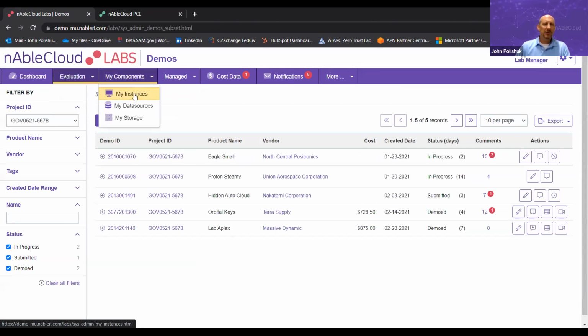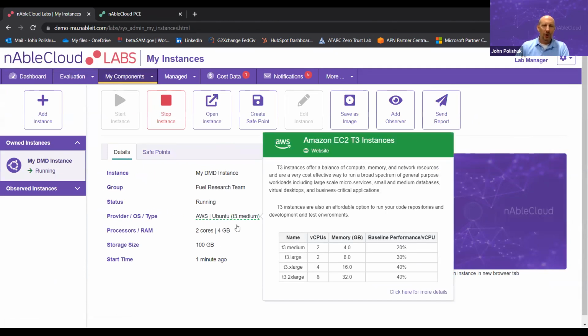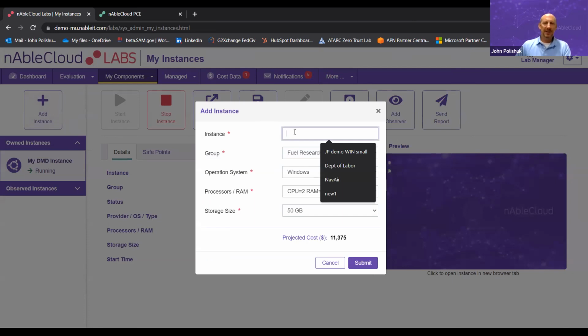Now, this is similar to PCE, where since I'm an admin, I have the ability to look at all the different instances that are running right now. So this instance here is my personal one, and you can see it tells you everything I need to know. I named it, what it's called, what it's configured with, the OS, how many cores and storage. But if I need a new instance, and this is where that self-service comes in that I was telling you about, you can create an instance as easy as just drop down menus. I put in something,